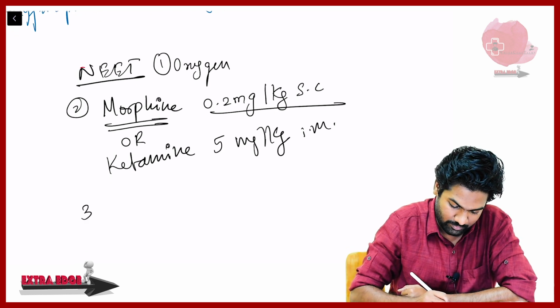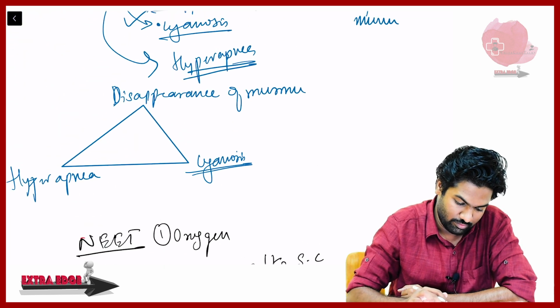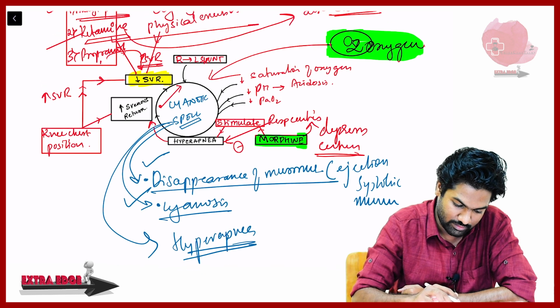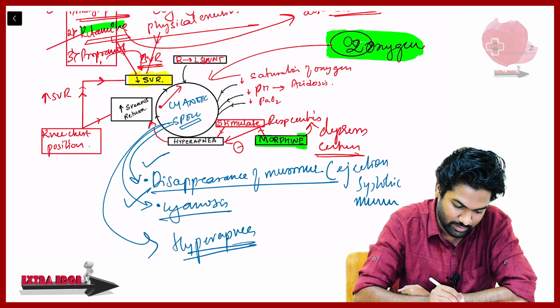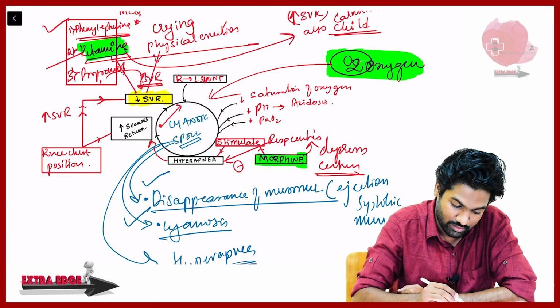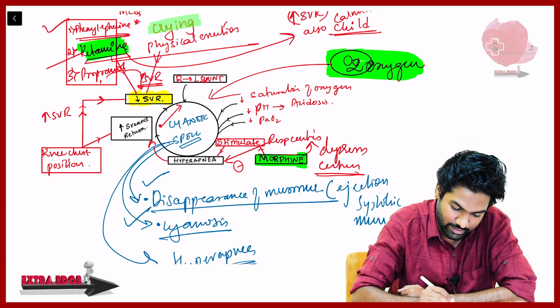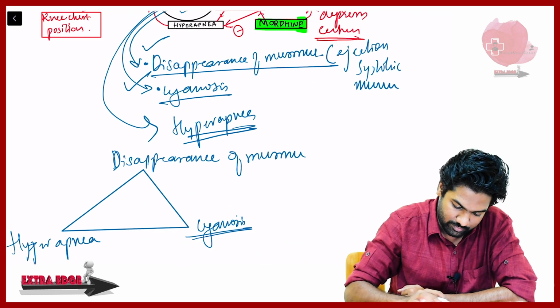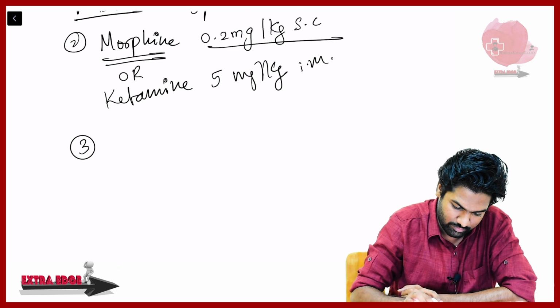Fine. Then what are the other drugs available for this? We'll see where and all they will act. But you know why this ketamine is being given. It is being given to increase the systemic vascular resistance, and it will also sedate the child, and this crying and physical exertion will go off. Okay, we have written ketamine.